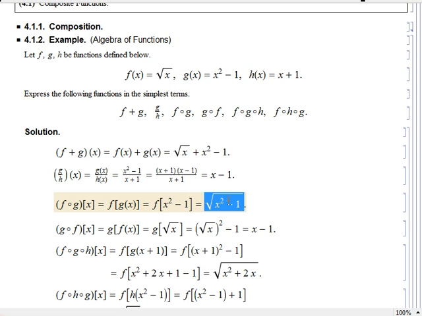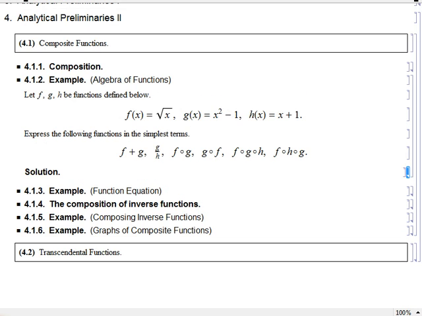How about G circle F, the next one? Similar, except that inside is F, so that's where we have to start. So F of X is square root of X, as you see here, so G of square root of X. And now substitution. Square root of X will replace X in this definition, so what do you have? Square root of X squared, which will cancel into just X. Okay, the other problems can be done rather similarly, and that was just too simple even for a warming up,